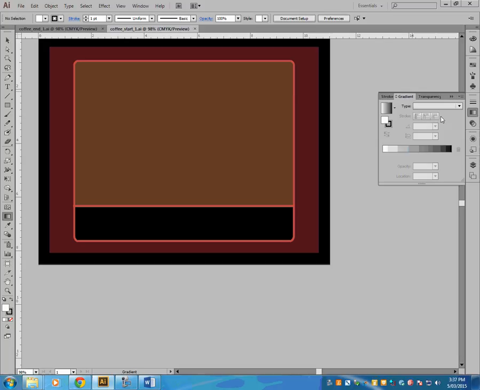Okay, so I've just opened up the gradient panel here, and you can see that by default it's a white to black gradient. If I click just underneath, that's called the gradient slider, sorry. It's on the panels, about halfway down. Underneath the stroke, the ones with the lines, it's actually grouped with that anyway. So if I just click underneath that gradient slider, see it goes white to black,